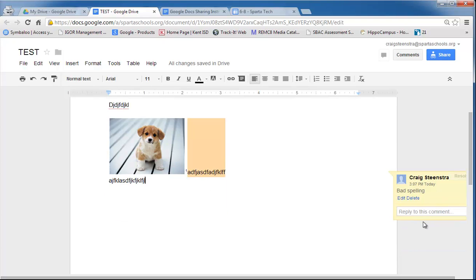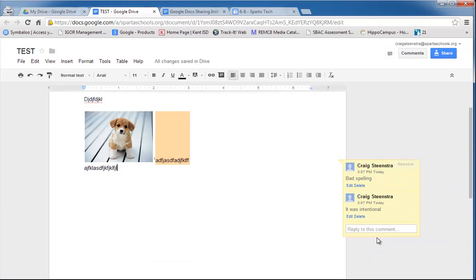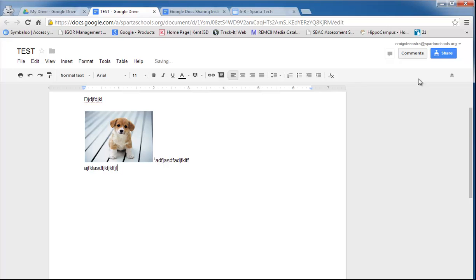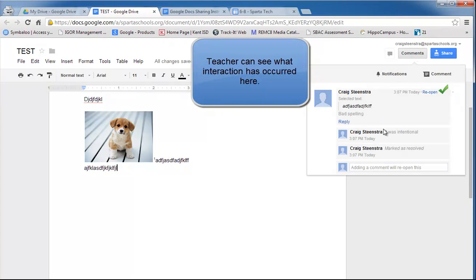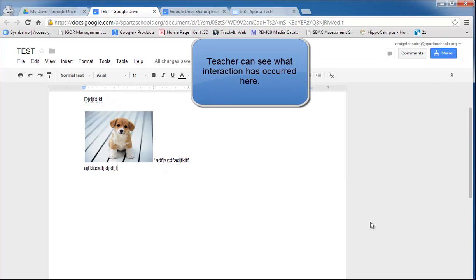So as a student, if I come in here and want to reply to this comment, so let's say on the other student, I might say it was intentional. Once that is set and I no longer need that comment, I can click resolve, and it goes up into this comment bar here, so I can always see a history of the comments, and it doesn't always have to reside in